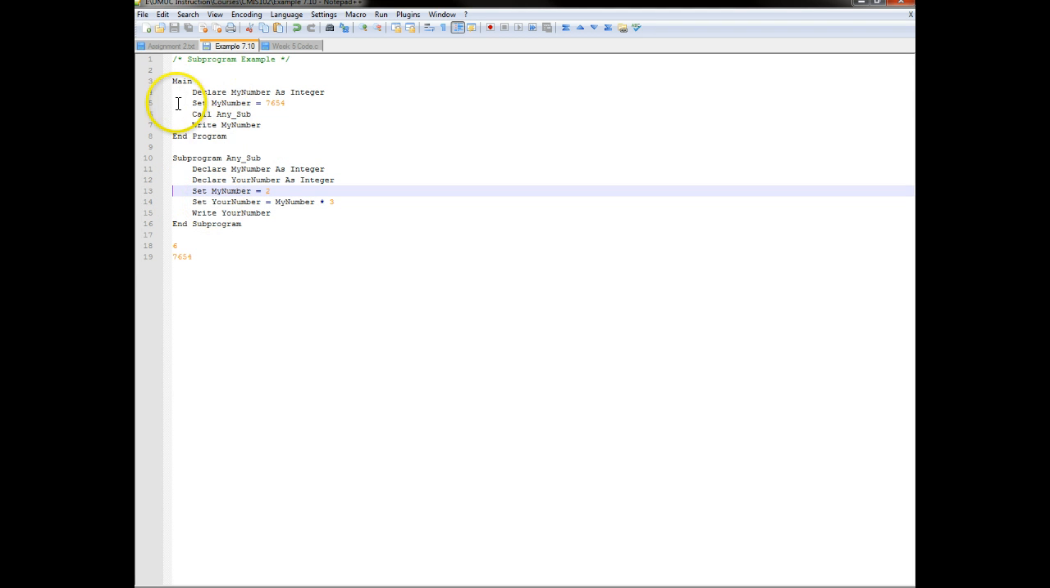And now notice what happens. In the main program, we have set this variable, my number, to 6754, and then down here we set my number equal to 2. But now remember, these are two different memory locations. So this variable is set to 6754 and this variable is set to 2, and then when you set the other variable, your number equals my number times 3,